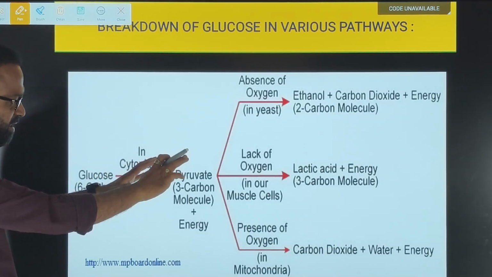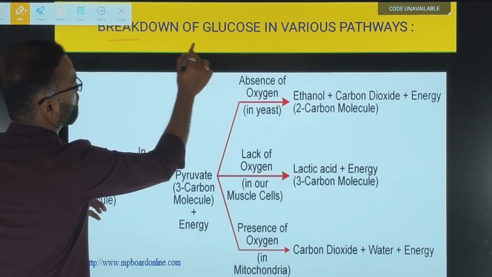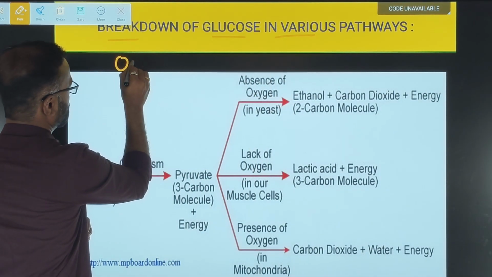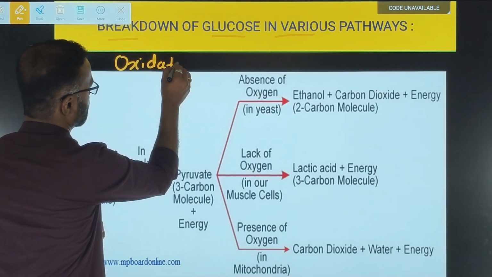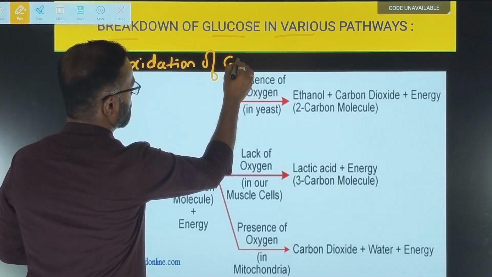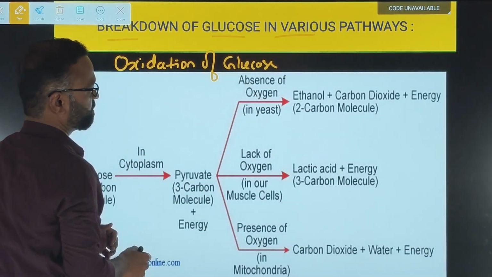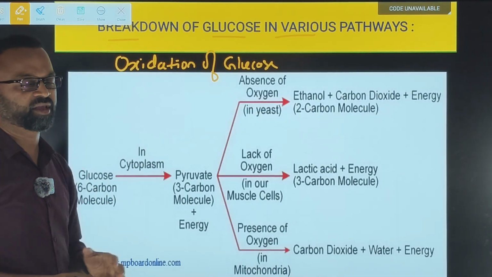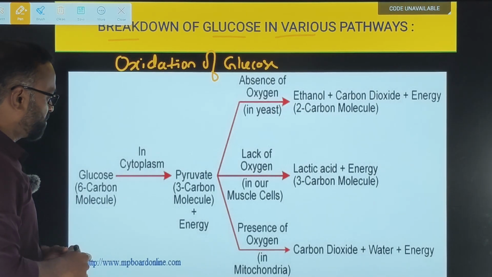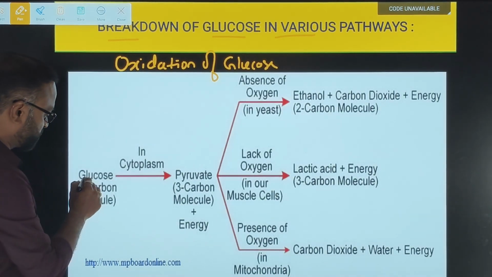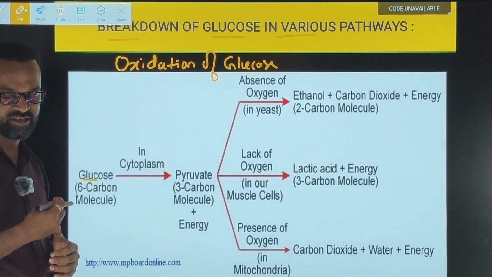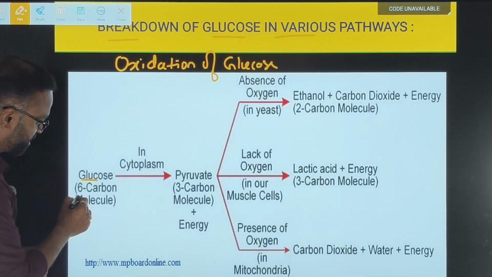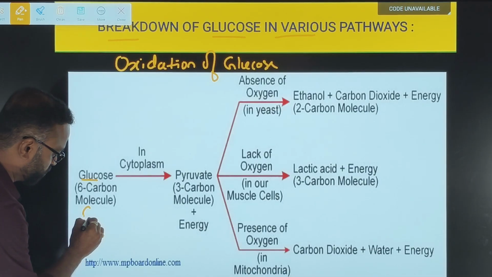You will get a complete idea about this breaking down of glucose by various pathways. They might ask a question like oxidation of glucose, which also means the same. Breaking down of the glucose or oxidation of the glucose means how glucose is breaking down in the presence of oxygen. Both are the same. Now see here, the glucose is there inside the cells of the body, after the digested nutrients are transported by the blood. All the cells have the glucose. Here it is given as a 6 carbon molecule,